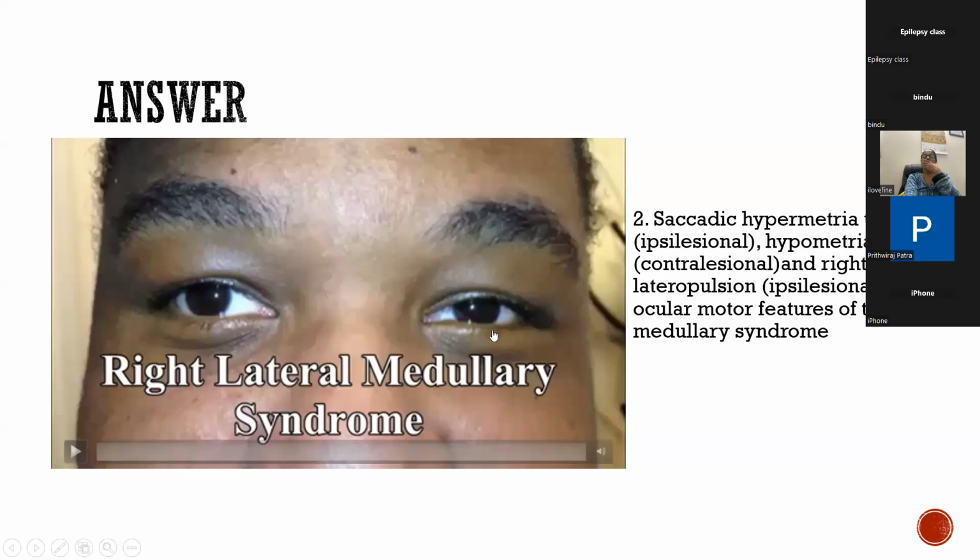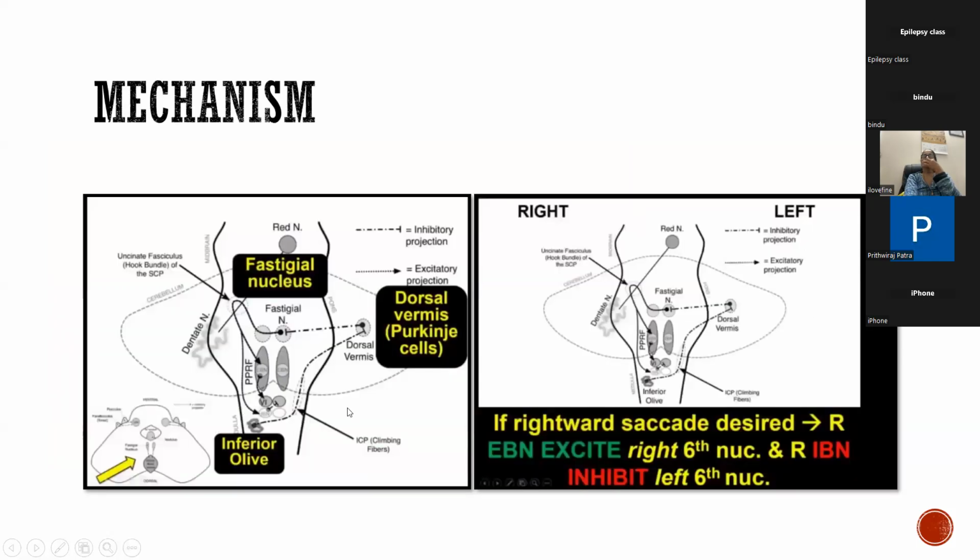There is Horner syndrome also. So the main mechanism of this is from the